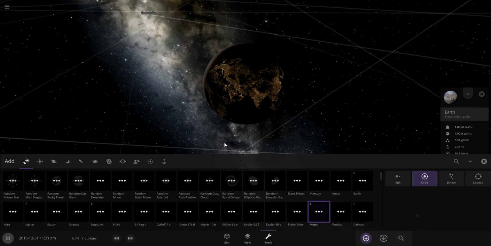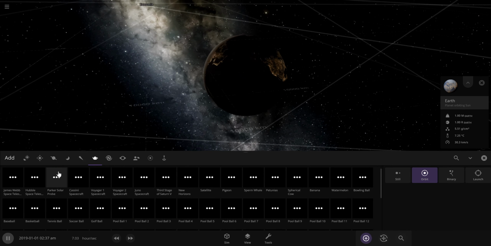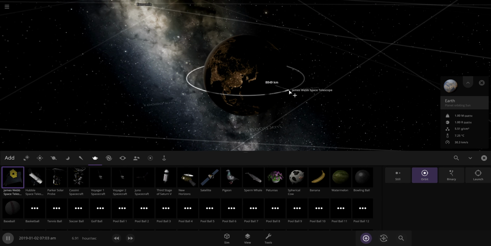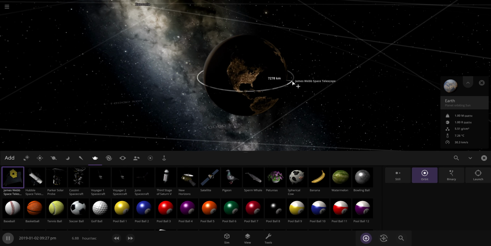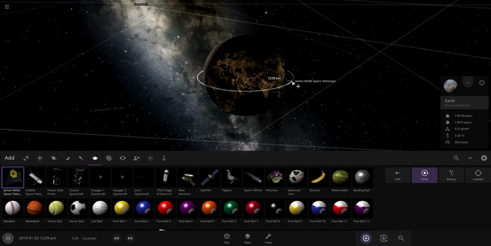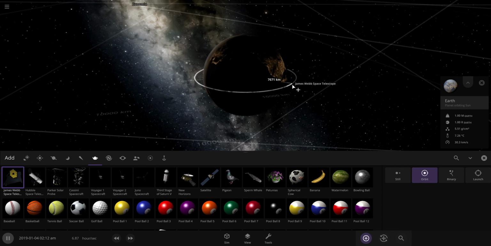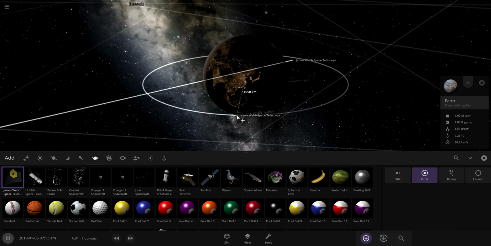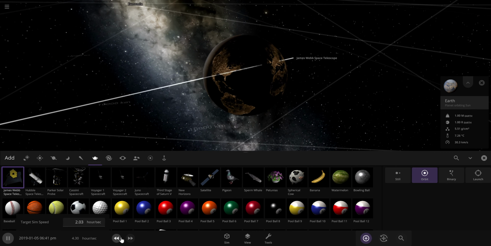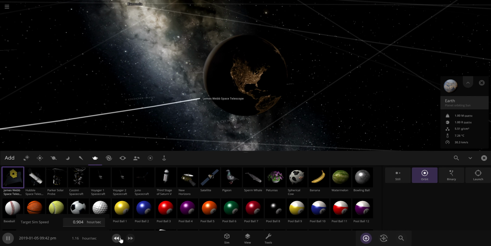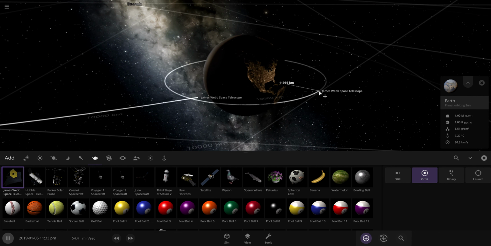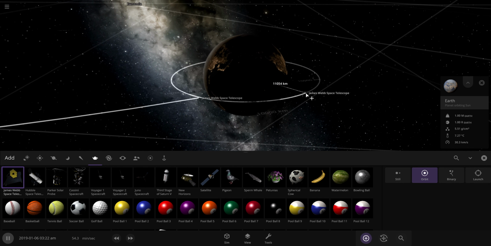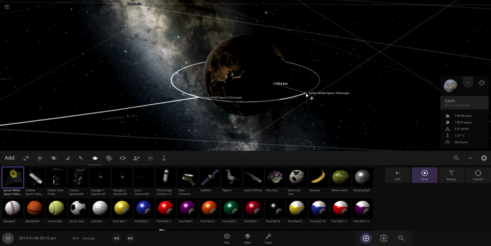Alright, so I'm going to add a couple satellites into orbit. I'll add James Webb in low Earth orbit for some reason. I know it's not in low Earth orbit, but just for the sake of the simulation, we'll put it in a nice, close low Earth orbit. You can see it's moving really fast. So low Earth orbits, they move really fast. That tends to be around 90 minutes or so for it to actually do a full